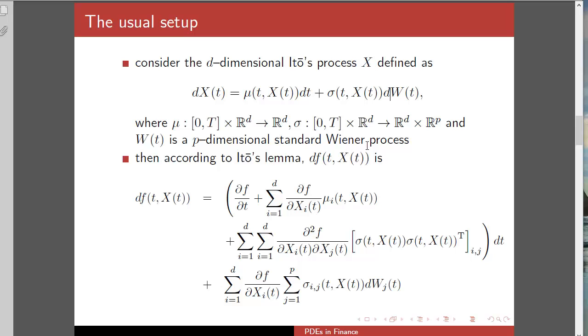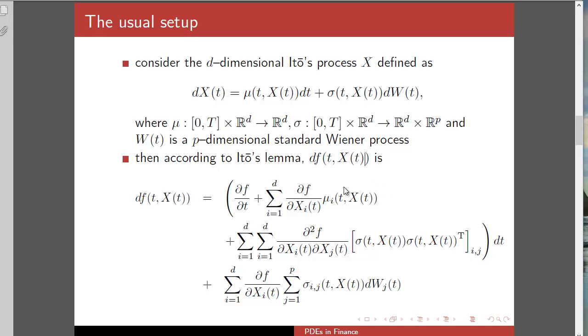If you then have some function, this must be some deterministic function, some nice function of time t and the d-dimensional Itô process,